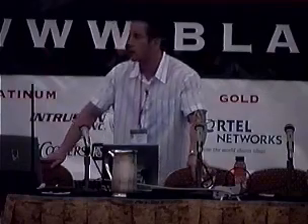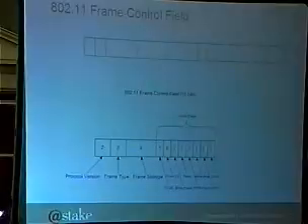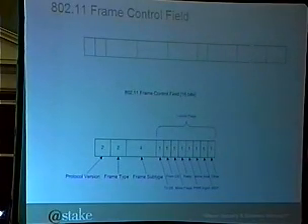So if we look at the control field, protocol version is, as we'll see in a minute, always 0 at this point. Your frame type: control, management or data. The frame subtype, which could be one of the many different management frame subtypes, control frame subtypes, and so on, data frame subtypes. Then you have your control flags.